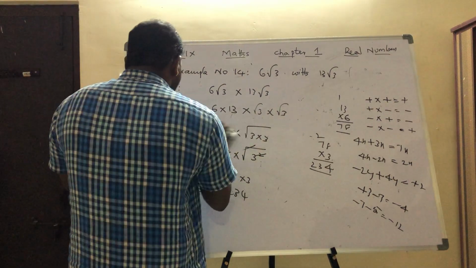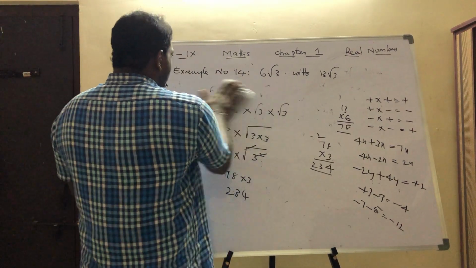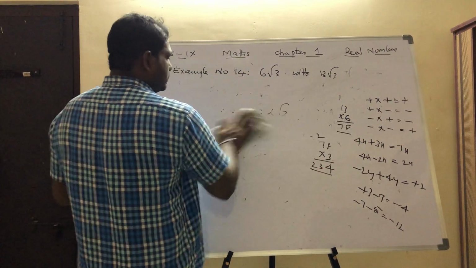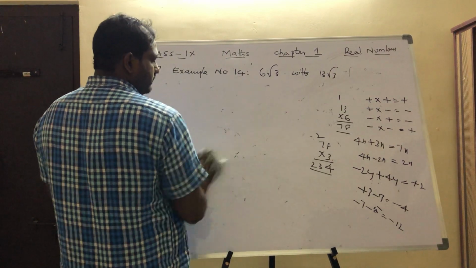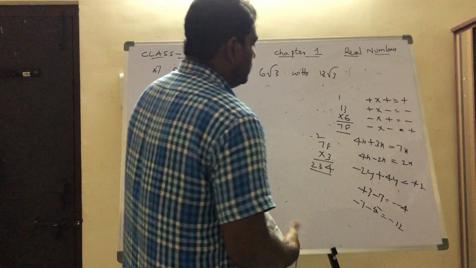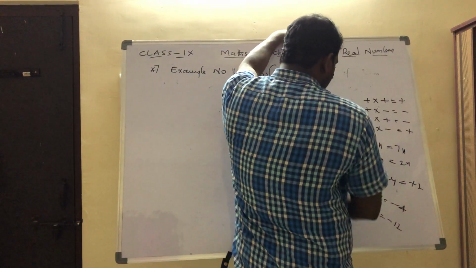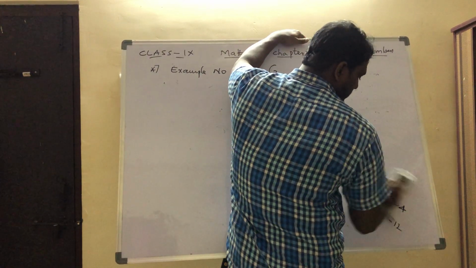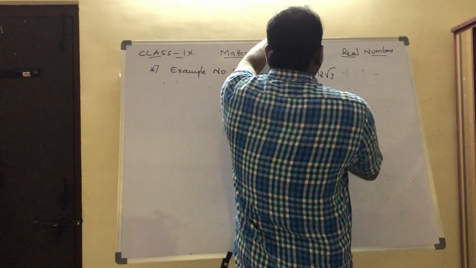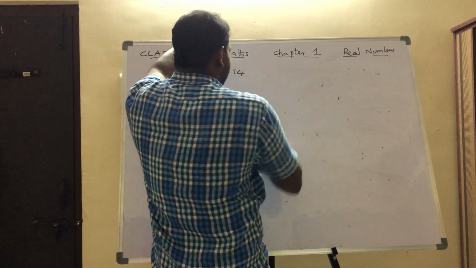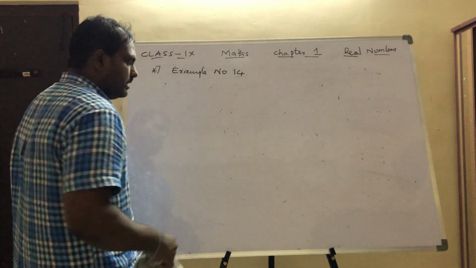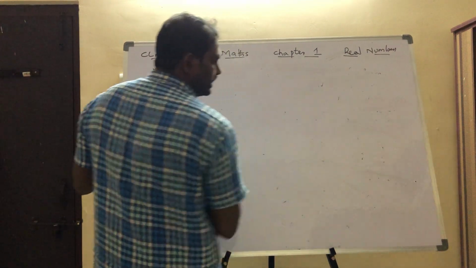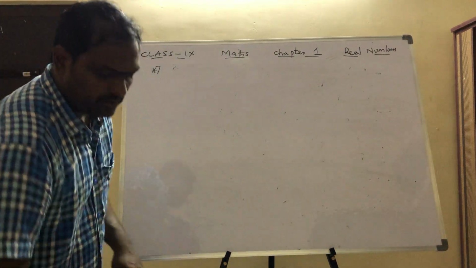Next, I'll go for some more examples. The more examples you practice, the more perfection you will get. In each example, one method or one logic is there. We have to follow that so that you will get a good grip on the subject. Don't memorize the answers. If you memorize, or just pass the time by learning that question only, you will stick to that question only. If an indirect question comes in the examinations, you are unable to do it.